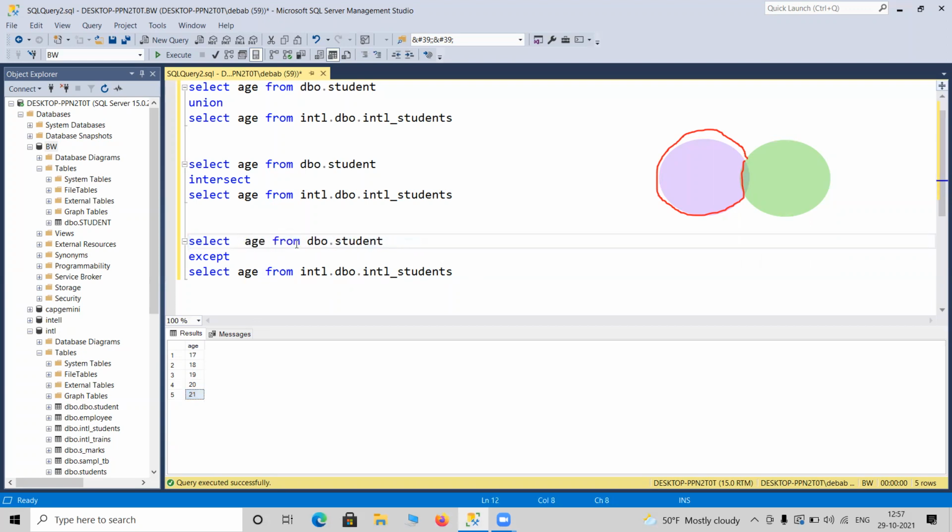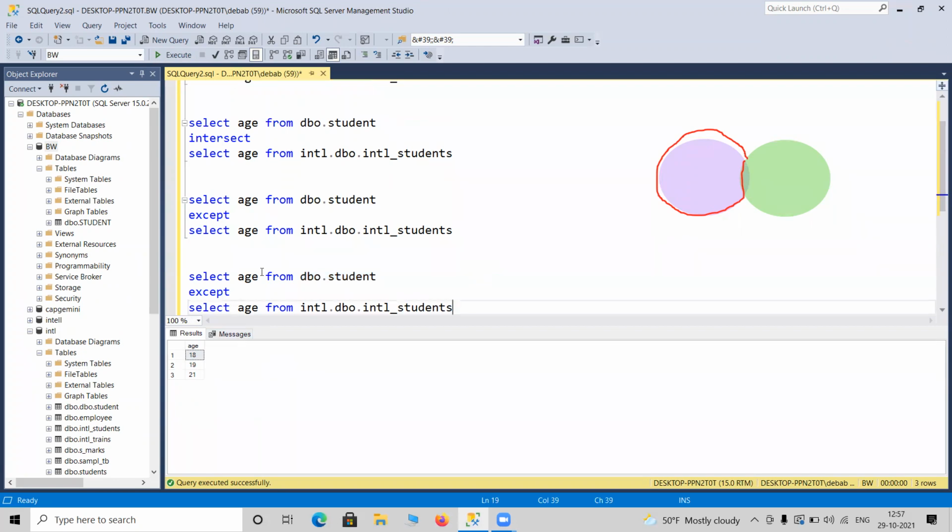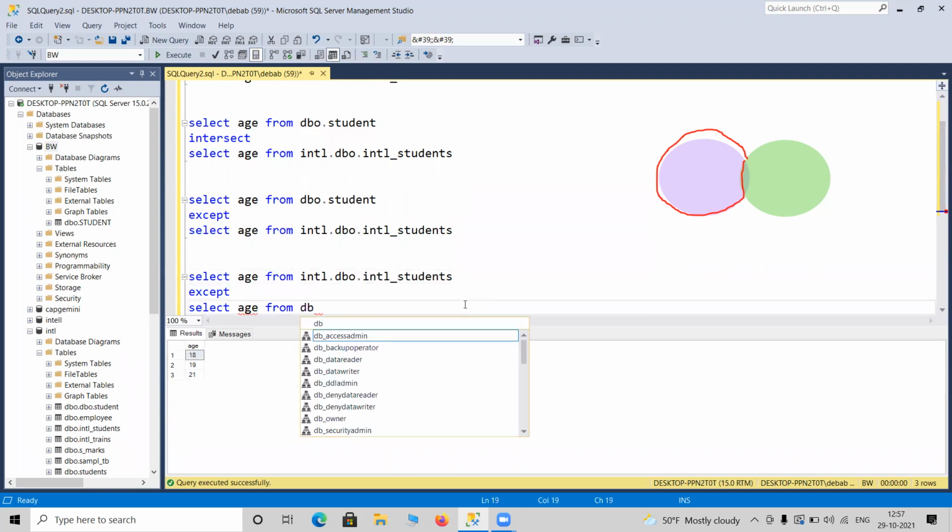So let me delete the distinct. We have already learned what it means in the last class. If I run the query, you are going to see only 3 different values, which lie in this pink area, not in the common part. You can also do something like age from the other student table and from dbo.student.